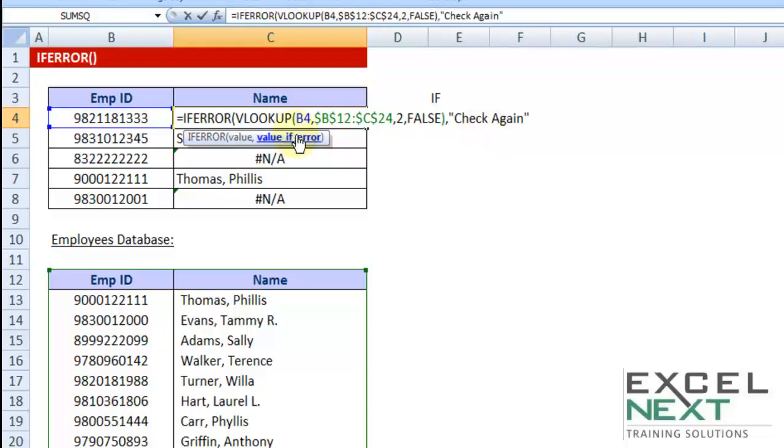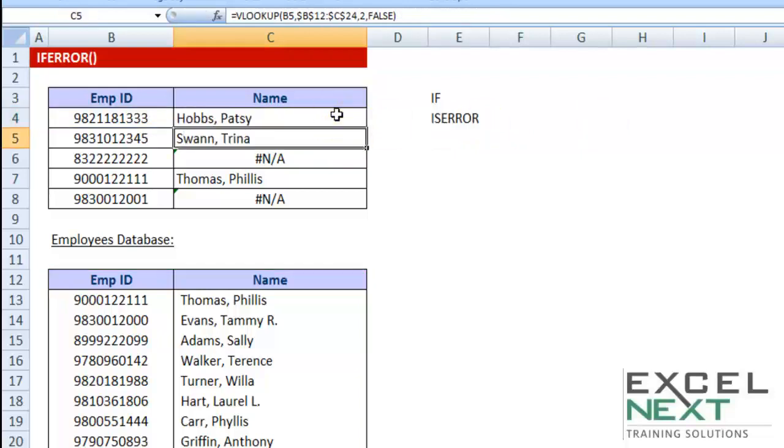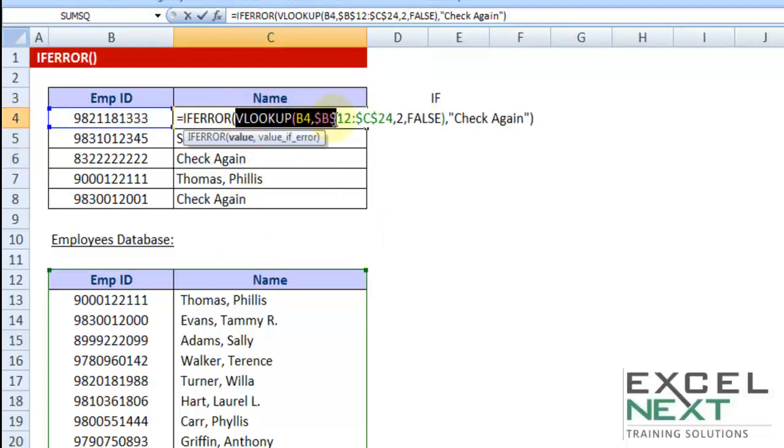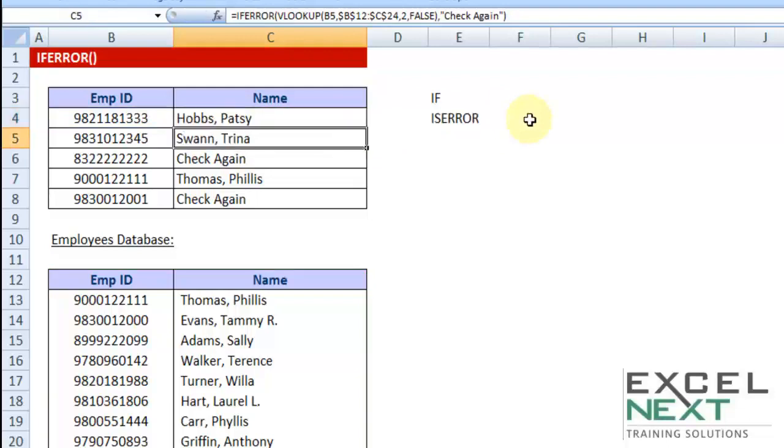So that I have put in as a message saying value of error, close the brackets, enter. So let me double click at the bottom right of the cell, and you'll notice for the two case scenarios I am getting the message saying check again. So that's the application of IFERROR. It asks you to give in the formula which is supposed to give the answer. Now if the answer comes out to be an NA, in the alternate position it must be giving as check again. So that was IFERROR for you.